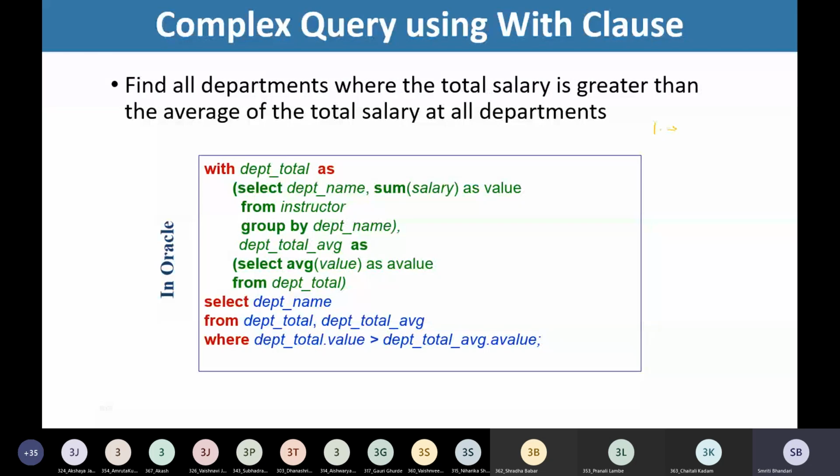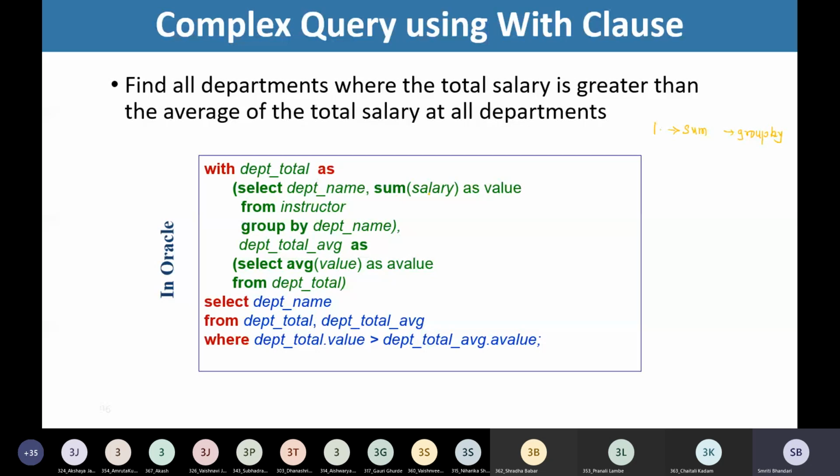So in step number 1, we want to find out the sum of salaries, and we need to make use of group by as per the department name, right? So in the with clause we are creating this first temporary relation, department total, and the definition of this relation is like this.